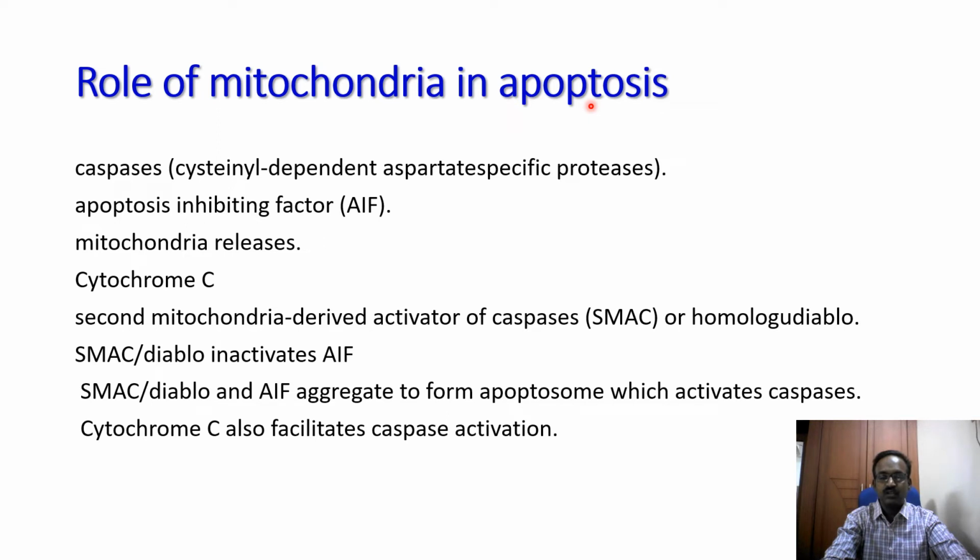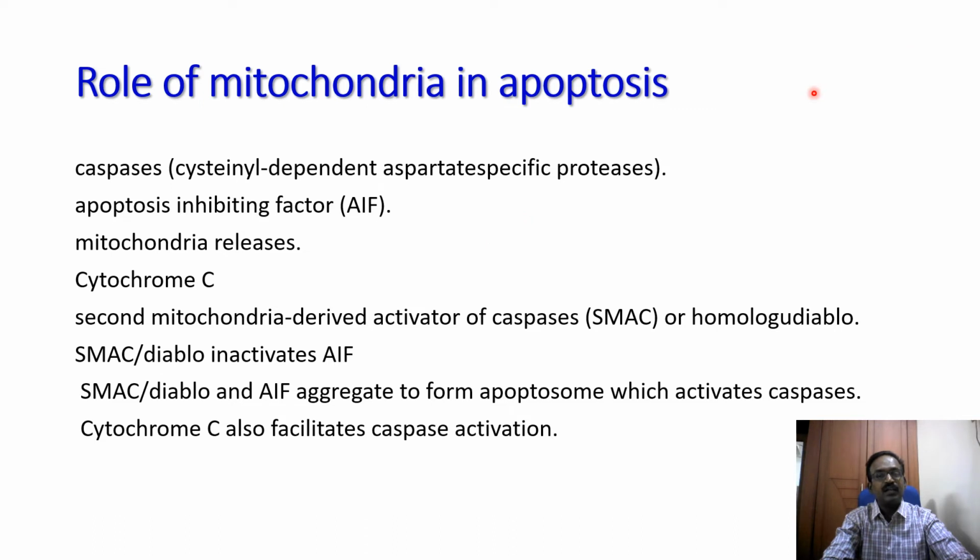External or internal stimuli initiate apoptosis by activating proteases called caspases. Caspases are cysteine-dependent aspartate-specific proteases. Normally, caspases are suppressed by an inhibitor protein called the apoptosis inhibiting factor. When the cell receives the apoptotic stimulus,